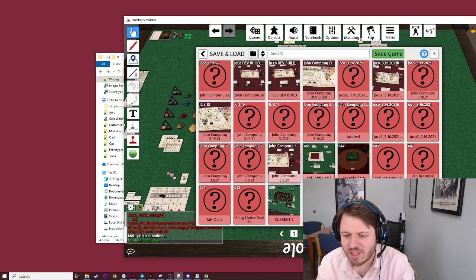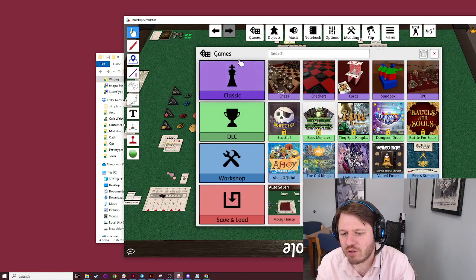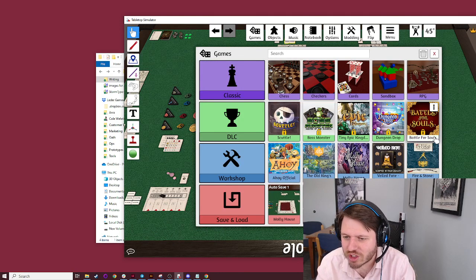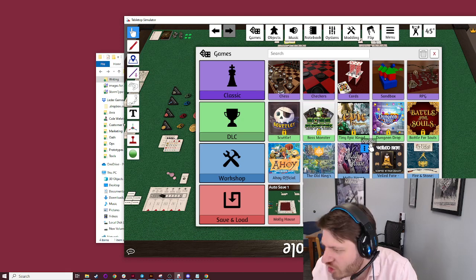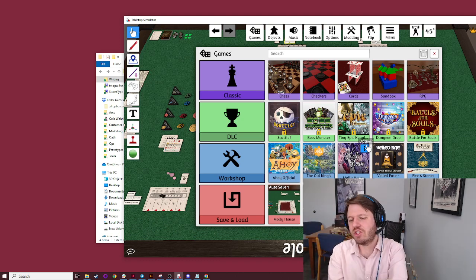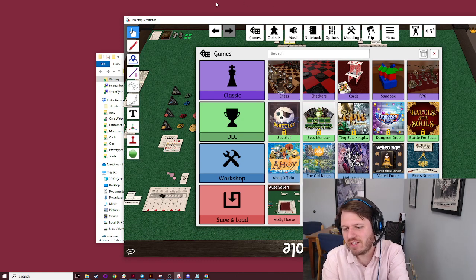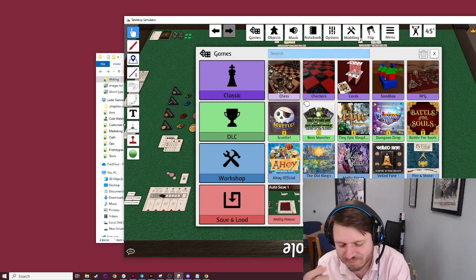Mine's going to be somewhere down here. There it is, mid-April Molly House. The other way you can do this is by uploading it to your Steam Workshop. So you'll see this tag right here. This is a workshop mod. And once you enter more public playtesting, workshop mods are one of the best things that you can do to